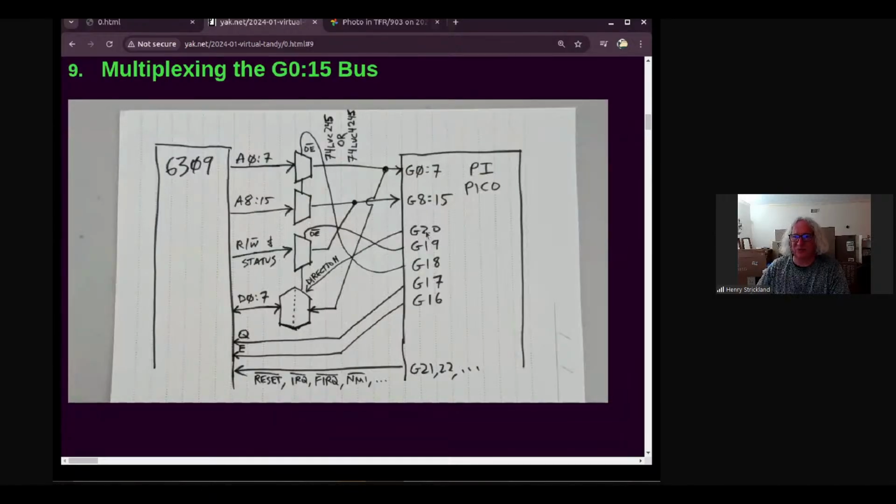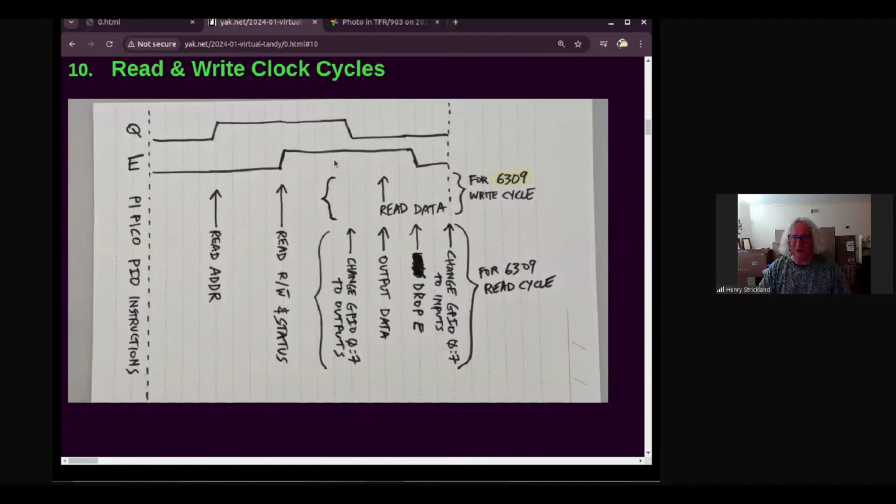G16 through G20 are these side effects for the E and the Q and for turning on and off the bus arbitration multiplexing chips. There's 5 of them. And that was very convenient because